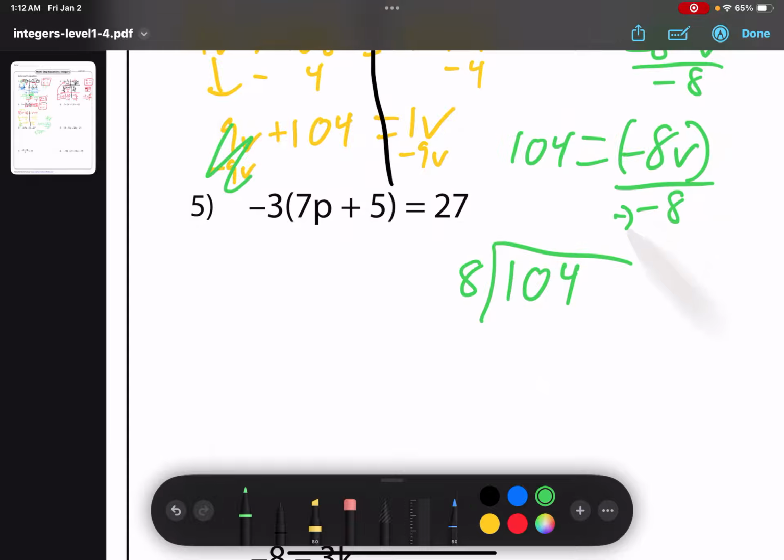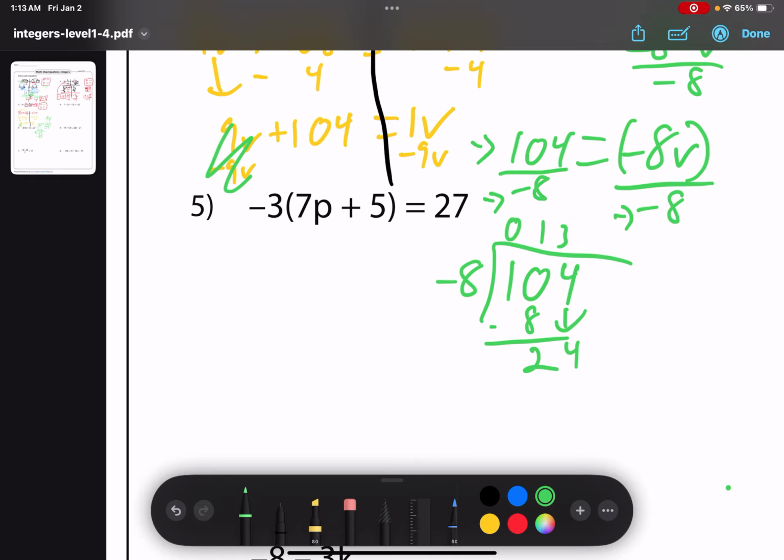The only reason why I'm leaving this out right now on this bottom piece is because, you know what, I'll leave it. How about that? Can 8 go into 10? I'm skipping the 1 because obviously 8 can't go into 1. But 8 can go into 10 one time. So 10 minus 8 is going to be 2. Let's move down the 4. Can 8 go into 24 3 times? And this is going to be a negative,